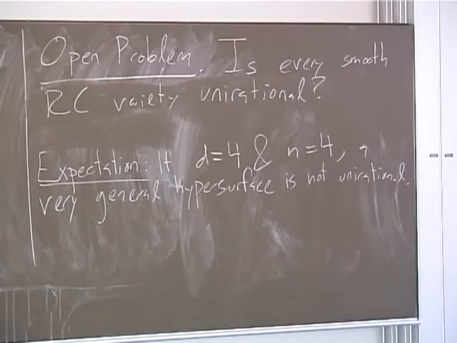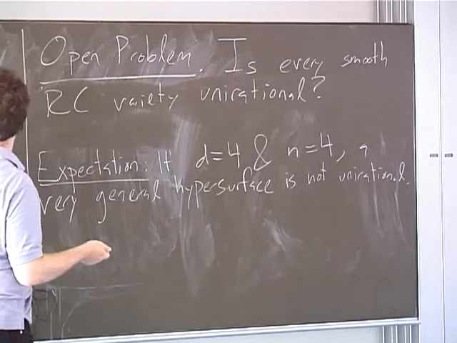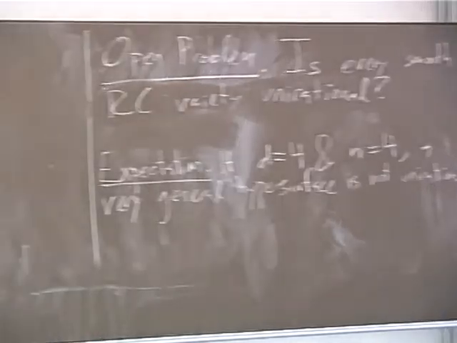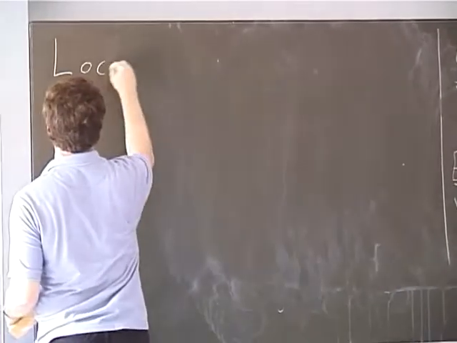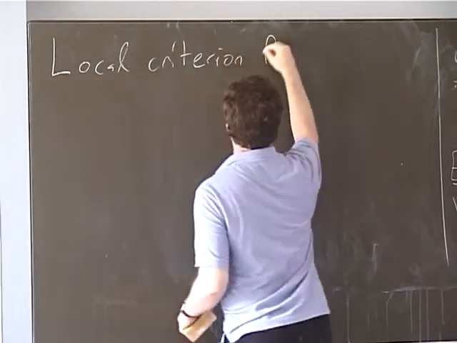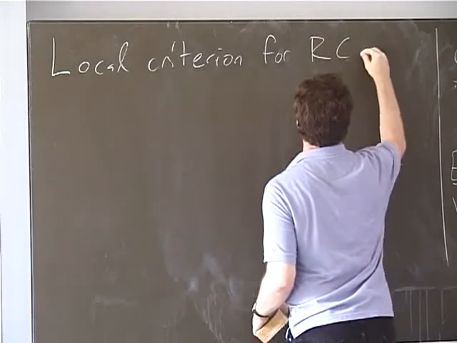That sort of illustrates the point that unirationality is a difficult notion to work with. But rational connectedness, it's not obvious from the definition that this is any better. You have to check something for every pair of points. So how is that necessarily any better than the original definition? But it turns out that you don't. So there's a local criterion for rational connectedness,